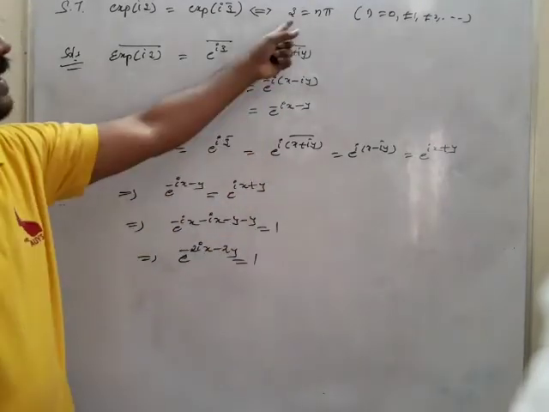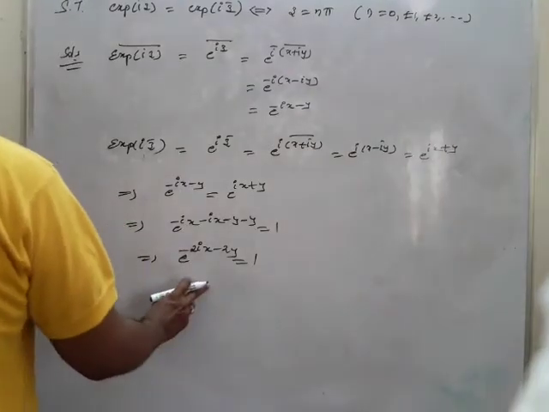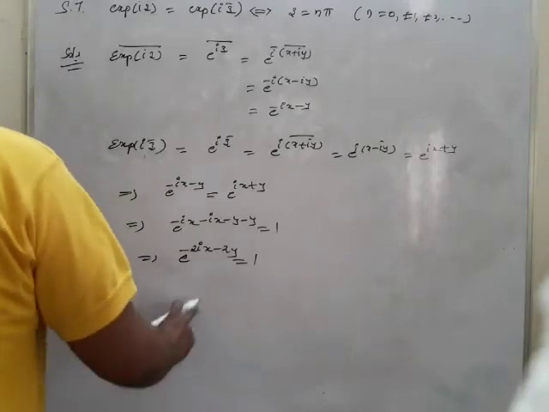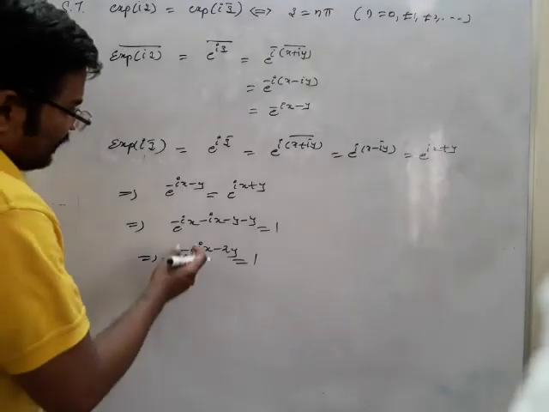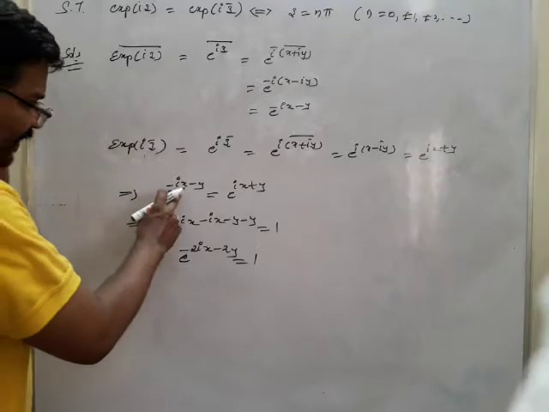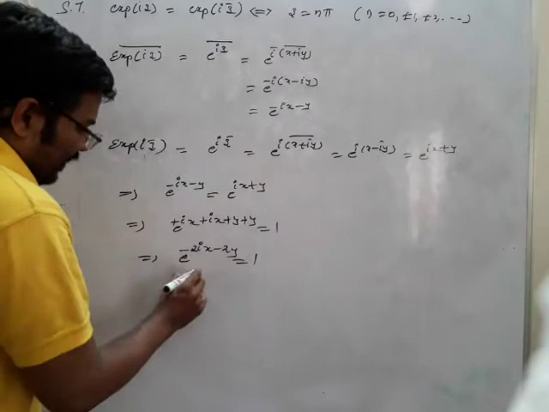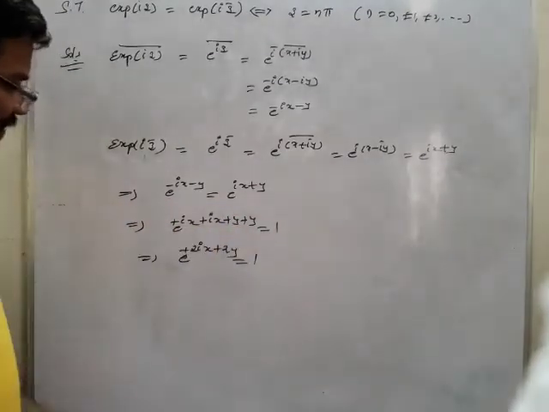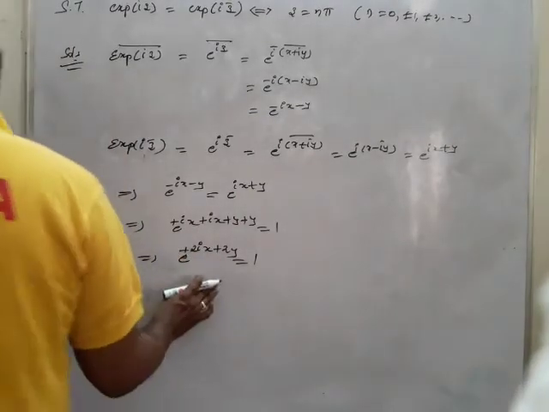But that implies z is equal to n pi, as you have. Now by this, what we can say is that I may take it in the form like this. If I change that also, if I take minus to that side also, it will be plus, that will be better. So I may take plus here. All plus. If I just take it to that side, then that becomes 1, you will get e power 2ix plus 2y is equal to 1. This is how we got it.